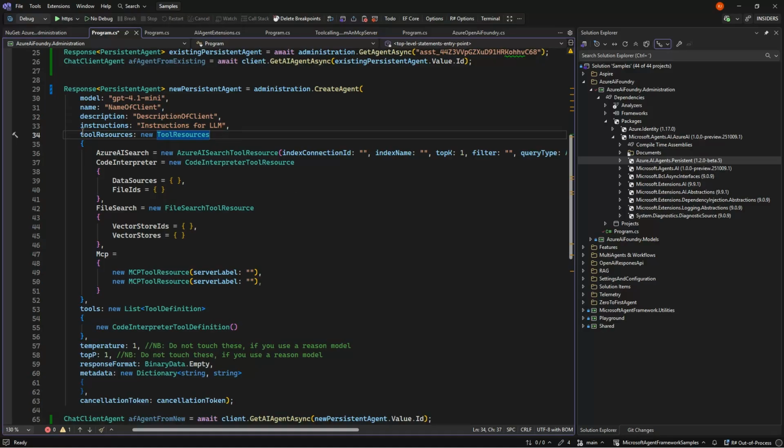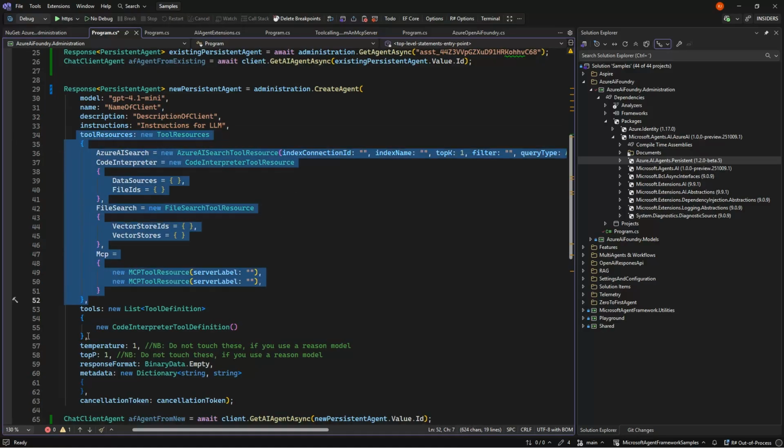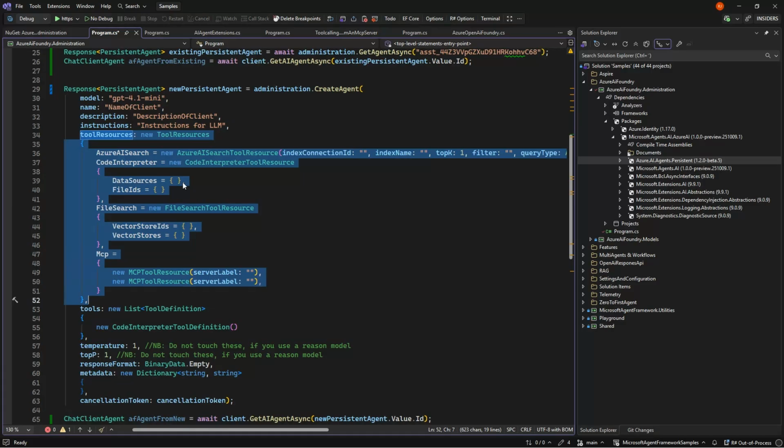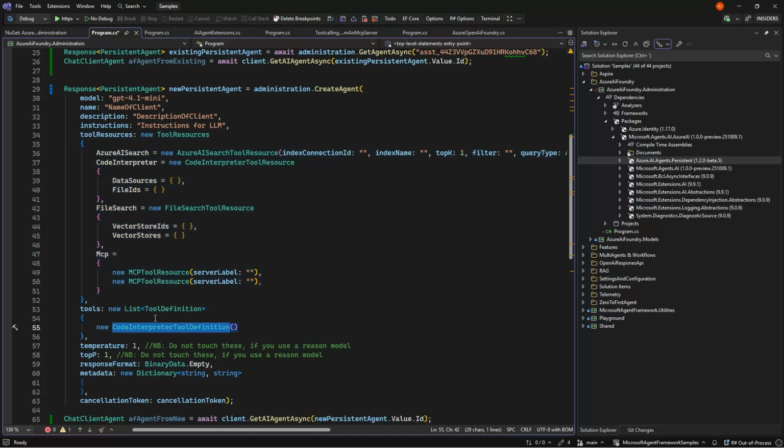Then we have a bunch of tool resources and tools themselves. And this, in my book, is a little strange that you need to do it like this, but you do. In that you create your tool and then you tell which resources it has available, but you also need to tell which tools it's allowed to call. I would argue that if I put in a tools resource here, it would also mean that it was allowed to call it. But for some reason, you need to define them both places.